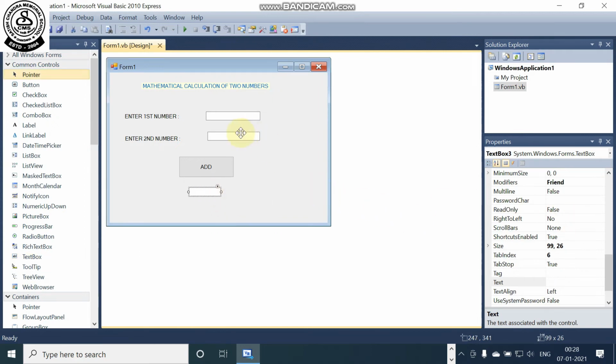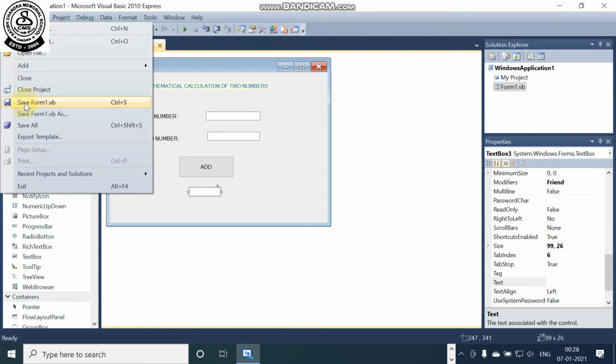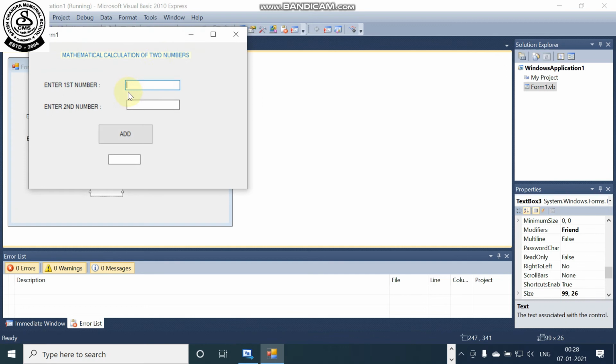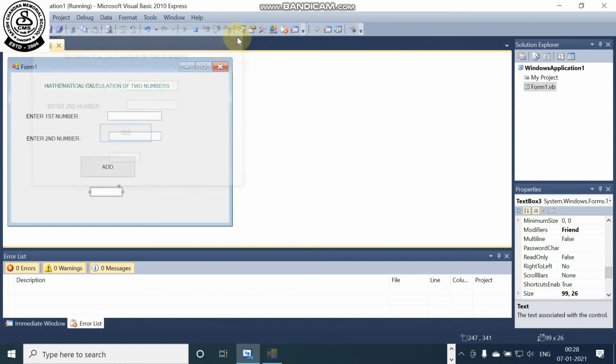Okay, so now I'm running the program. Before running the program, I'm saving the form as Form1, and then here it is the run, so I'm clicking on the run. When it runs, it will look like this. Okay, and we will click on the Add button, but it is not working because we have not written any program. So we need to write the program for the Add button.